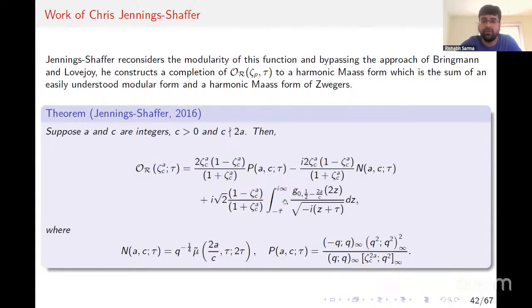So this is the non-holomorphic part that we have here, and the n function here is nothing but the mu tilde function of Zwegers, which also has a non-holomorphic part. If we go back to Zwegers' thesis, we'll see that this also consists of a holomorphic part and a non-holomorphic part. And those two together, there's a minus here, somehow they will cancel out, and the non-holomorphic part will get annihilated, and we'll be left with only holomorphic parts,